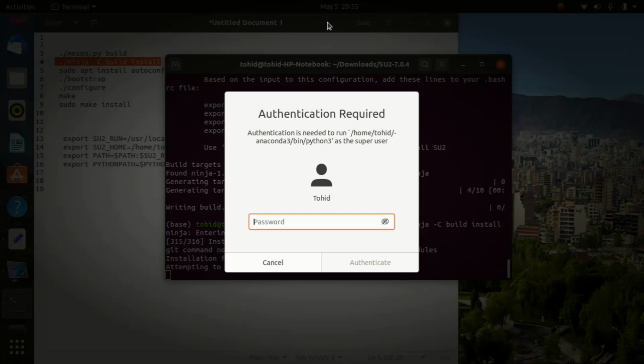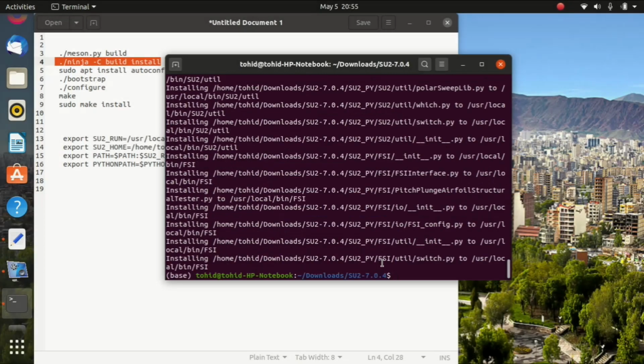Here we will type our password to authenticate. Okay, now Ninja installation has been finished,